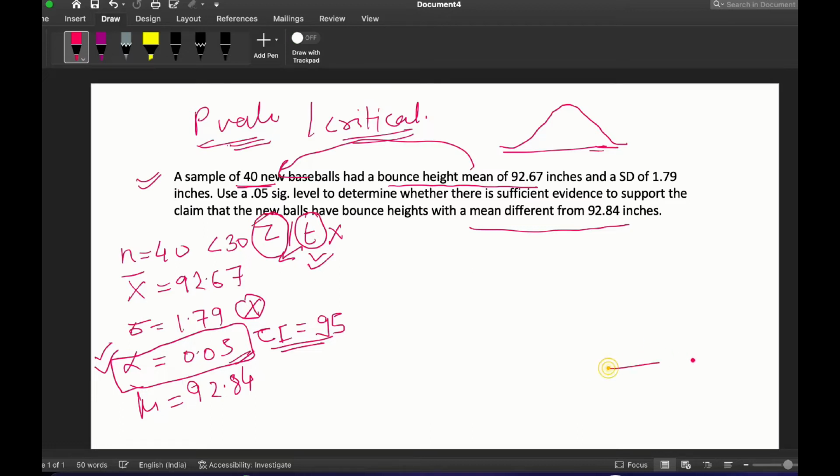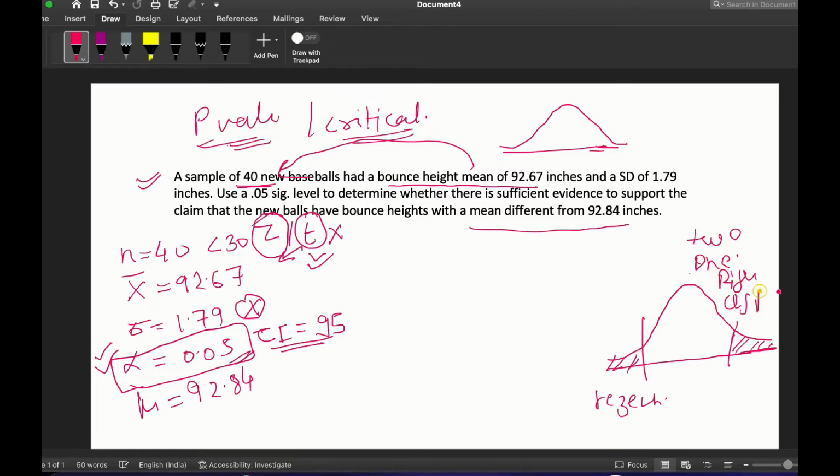So first understand this graph. This is the normally distributed graph like this. Okay, so this is what we call the rejection region. In case it is a two-tail test, I will also explain when we have to do a two-tail test and when we have to do a one-tail test, that is right or left. Okay, so this is called the rejection region, and this is called the acceptance region.